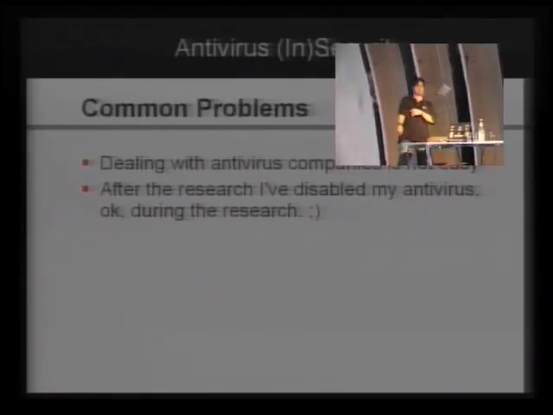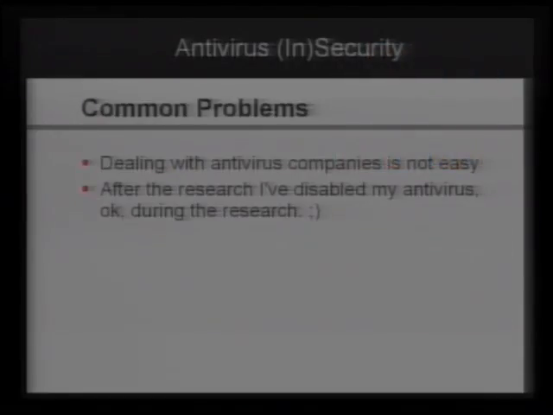So another common problem is that this is not with all the antivirus companies. There are many companies that are really nice to deal with, and they're really kind. And there are some other ones that are really, really tough. I think everybody saw my mail about Norman, guys. There was another one that I didn't want to mention. But these guys are really difficult to deal with, especially the big ones. Like Symantec is somehow difficult, at least if you don't know the right mail, and I didn't. And when the guys from support actually answer your mail, you don't want to be there, because you try to report a vulnerability and they tell